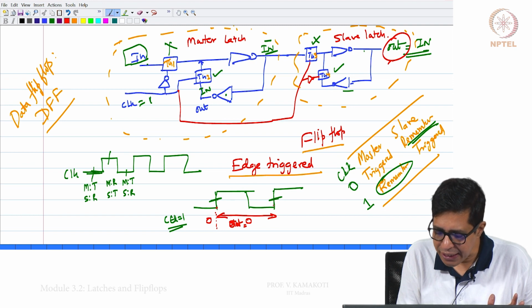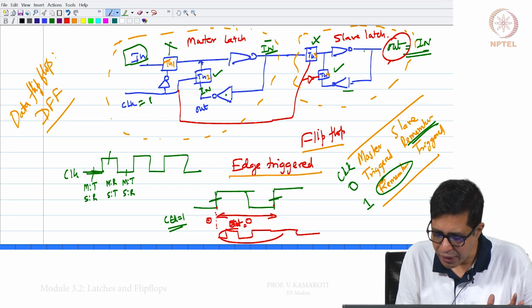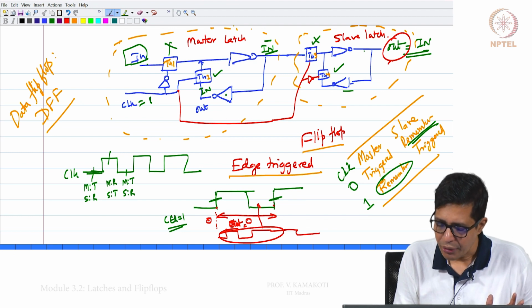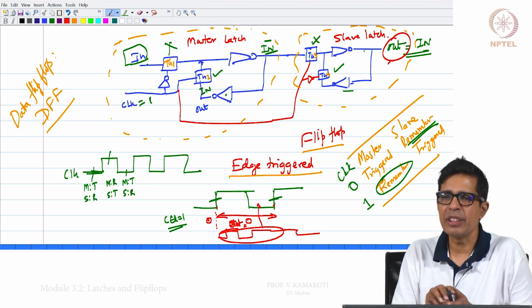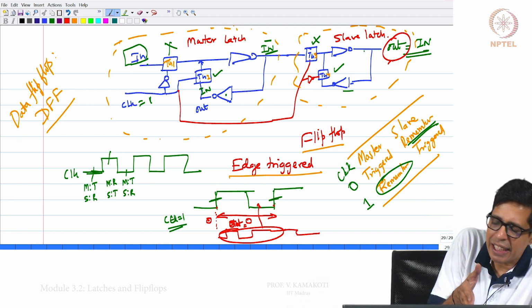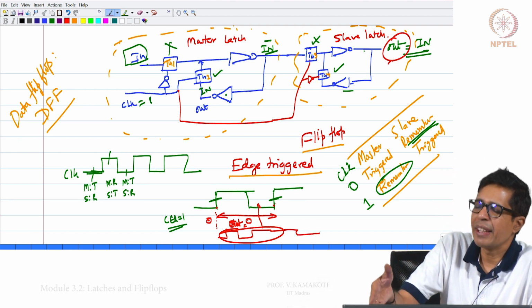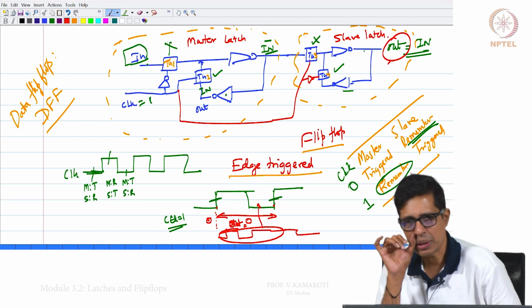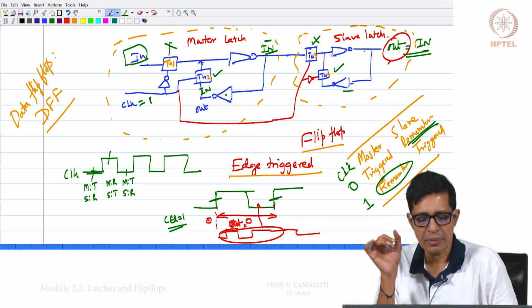Intermediately between this edge and this edge, if your input changes or something happened on your input like this, nothing will basically go to the output. The output will remain 0. So, just before the positive edge of the clock, whatever is the input, that will basically get reflected as an output, correct.